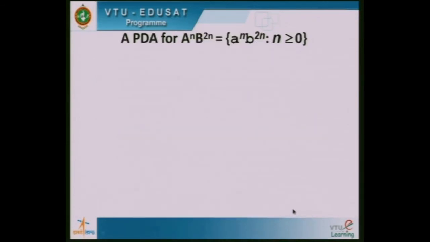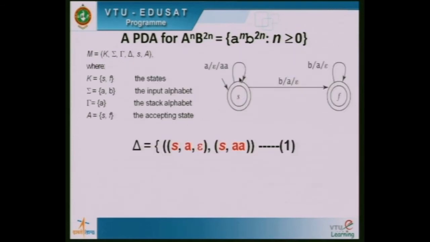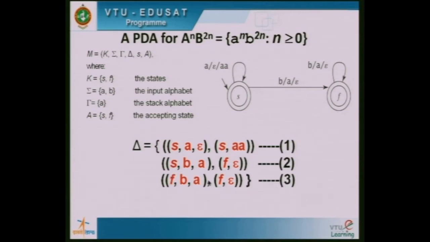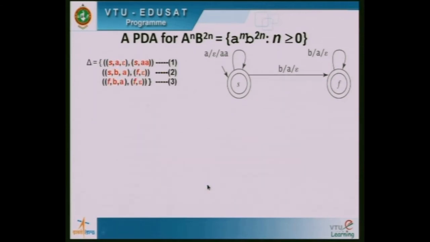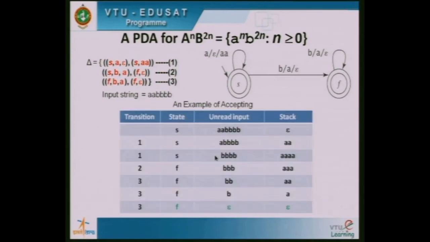So, these are some of the simplest languages. One more language, the last one we will discuss here, A raised to n, B raised to 2n. What are the possible strings? For one A you will have two B's. So what to do at that time? For one A, I will go for pushing two A's into the stack. So for every one A I push two A's into the stack, meaning the number of A's will now be equal to the number of B's, and then the next rule will be as it is for A raised to n, B raised to n. So, these examples you can try out as